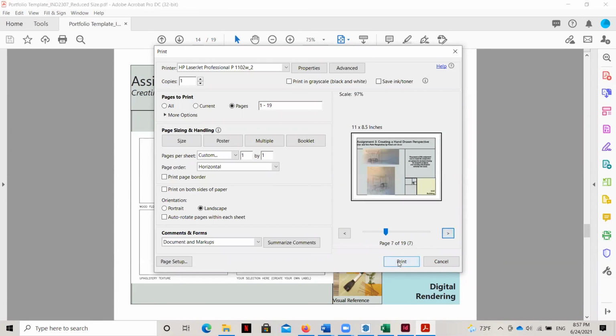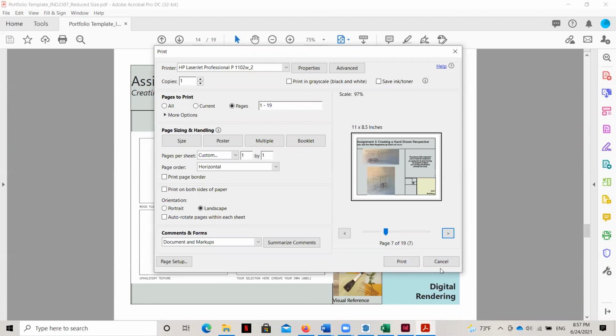And as soon as you hit that print button, it's going to come out of your printer. Now, it might come out a little bit slowly because this is kind of a complex file, so it may take it a little while to get started. So don't print it a bunch of times, otherwise you'll jam up your printer. But if you just hit the print button and wait, it should print out each page slowly but surely.